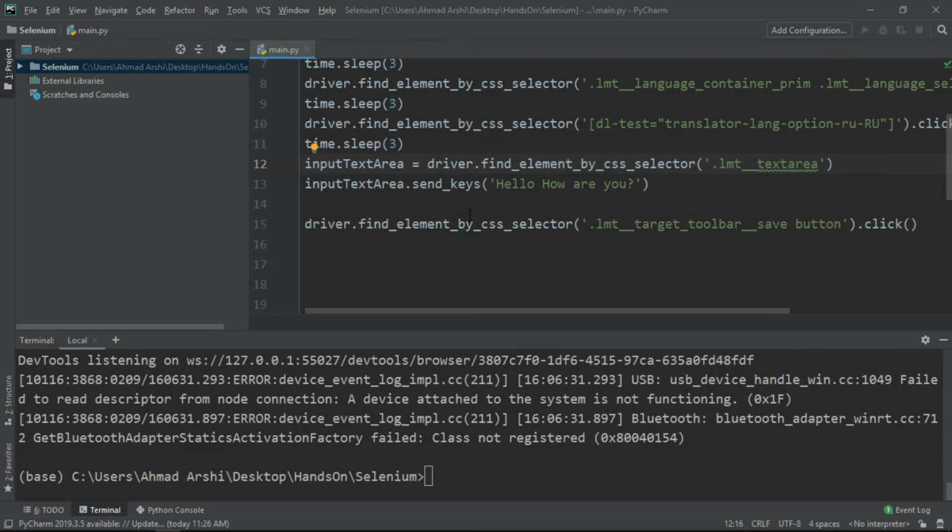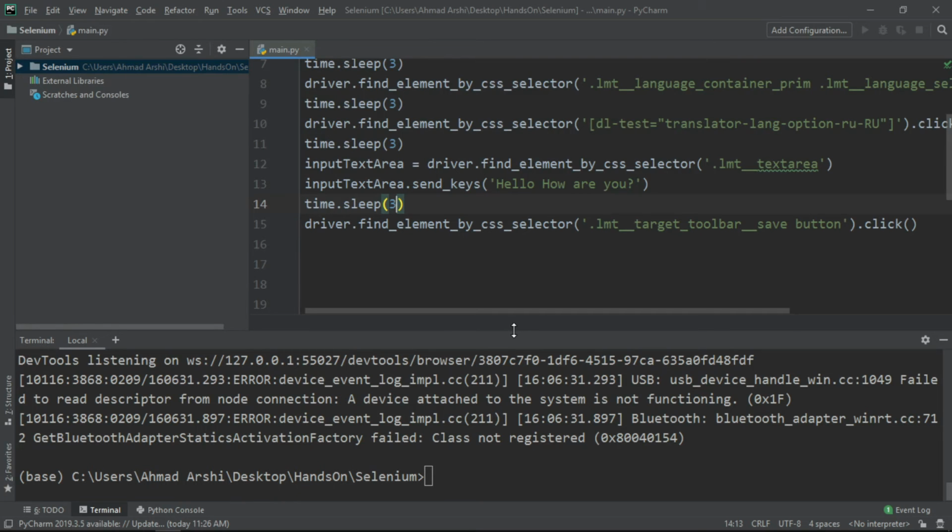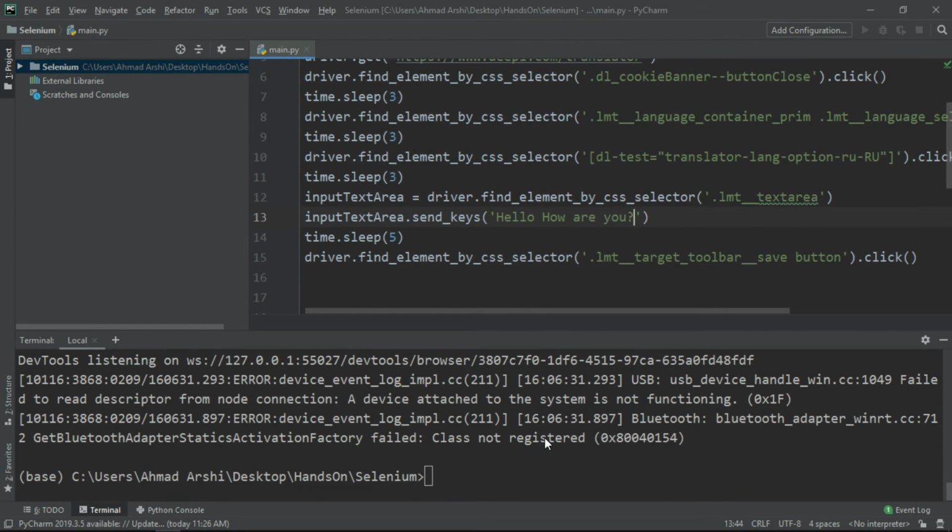So to avoid that, we have to put a sleep of, let's say, 5 or 6 seconds over here, so that after getting the text in the text field, the website actually gets some time for the translation, and then when it gets the data in this text area, we just download the file. So let's just put a sleep of 5 seconds and then click the download. So hello, how are you? Perfect. Now if we give it a go,